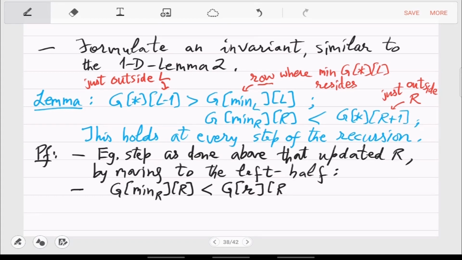That's in the rth column, which in the picture was the mid, and which is less than r plus 1. And this small rth element in r plus 1 was the min of the whole, which means that it is less than everything, G star r plus 1.